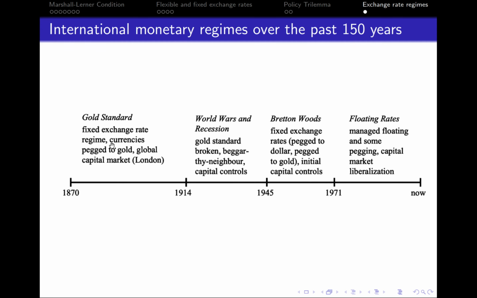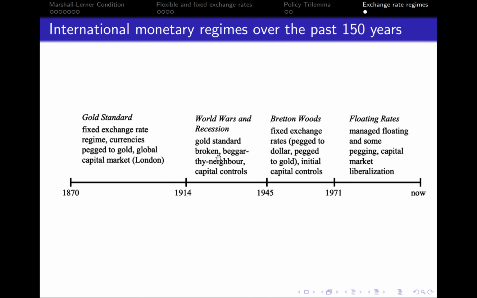They could not pursue monetary policy independently. Then, after the outbreak of the First World War, until the end of the Second World War, which of course is the period that also includes the Great Depression, things changed significantly. Look, in this period, we had a situation in which countries started breaking from the gold standard, because they wanted to either